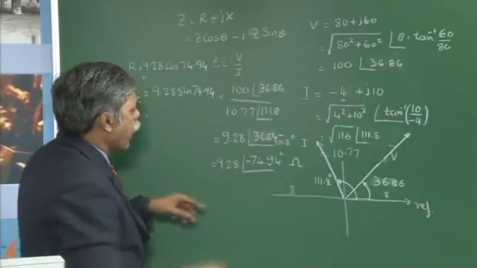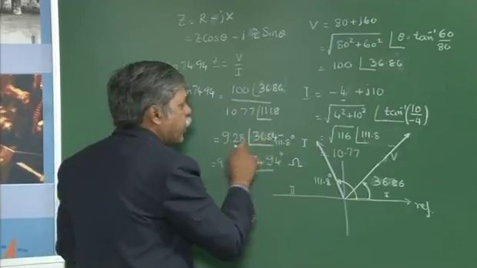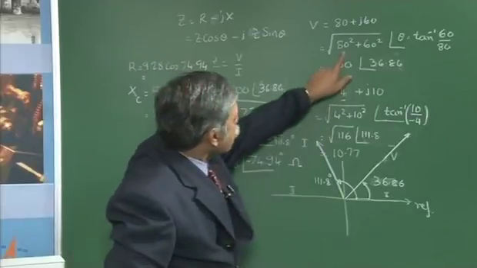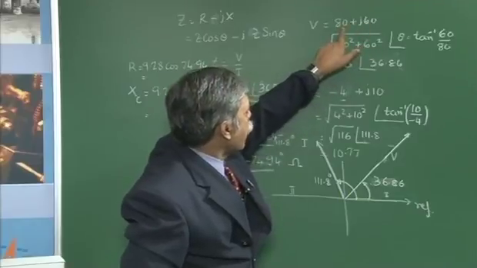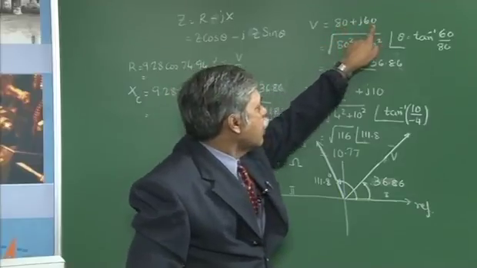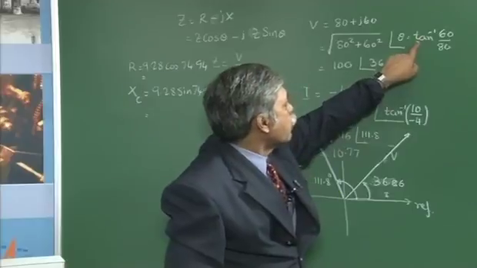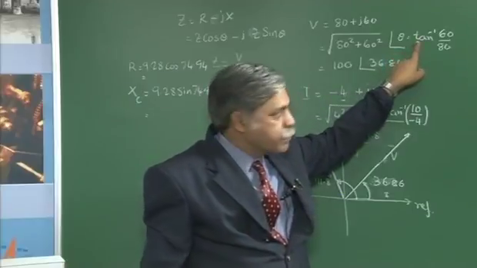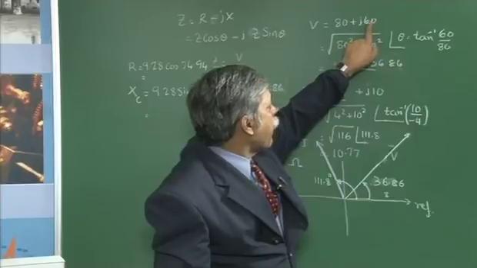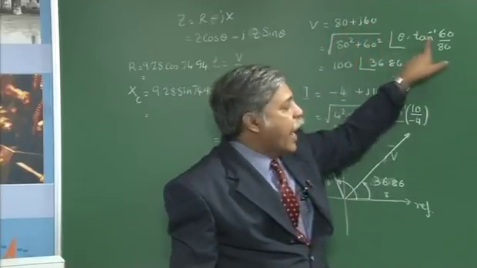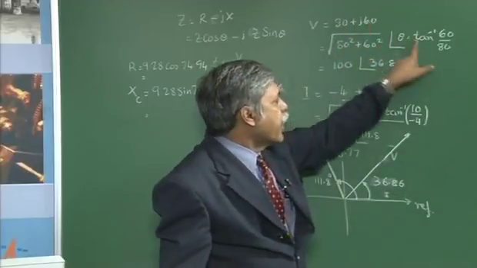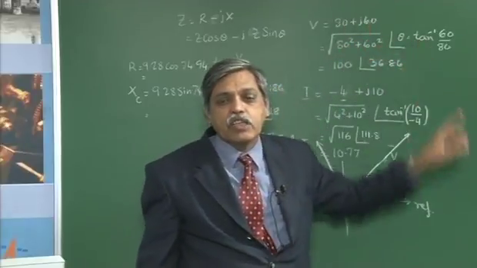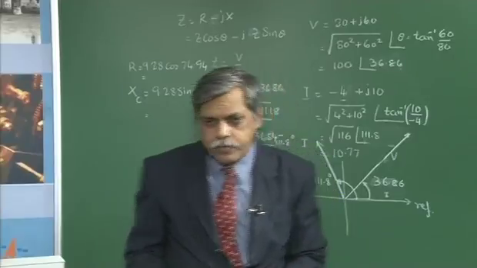Now how can I say that is wrong? See, this real part is larger than the imaginary part, okay. When the real part is larger than the imaginary part, the angle you get should be less than 45 degrees. If the imaginary part is larger than the real part, the angle will be more than 45 degrees. If both are equal, then I can write down blindly that the angle is 45 degrees, okay.